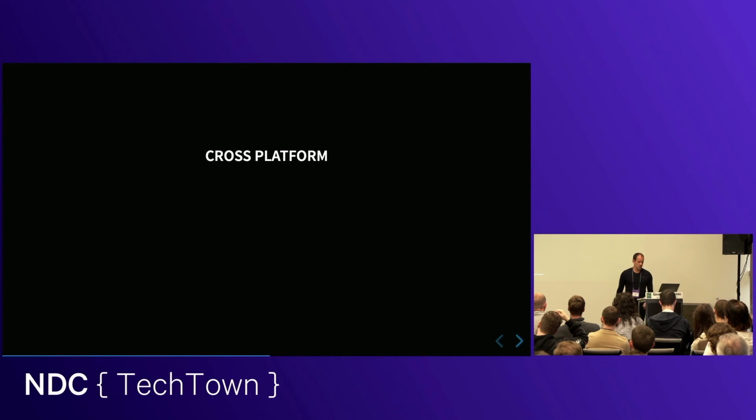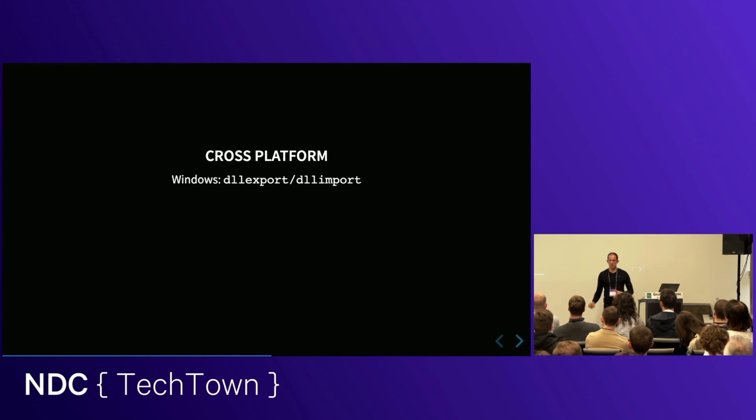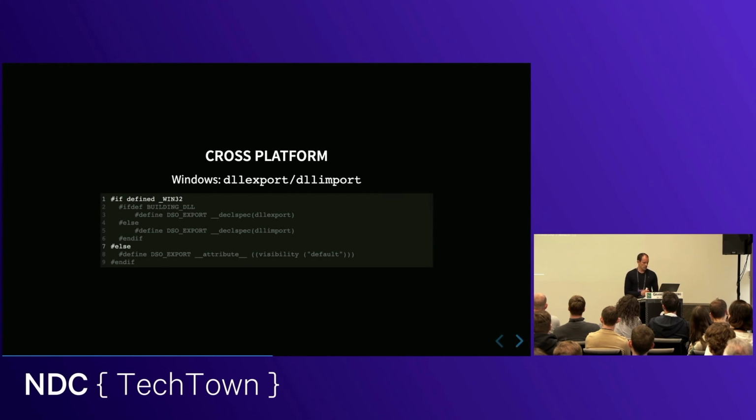Yeah, so I'll have a quick mention of cross-platform here. Again, I don't know Windows very well, but I'm told you have to put dllimport when you use the thing and dllexport when you make the thing. And then the header file is often the same. You often use the same header file when you build your DLL as when you consume your DLL. So the function declaration has to say dllexport when you make the DLL and dllimport when you use the DLL. So how do you make the header file say two different things in two different scenarios? And you use